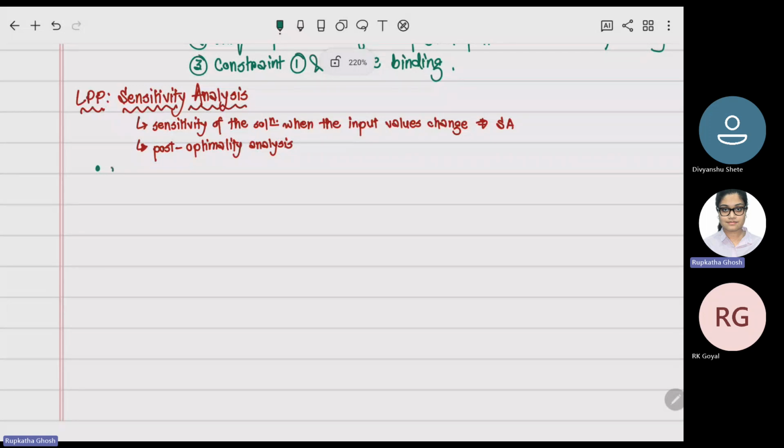First one is when the objective function coefficient changes. That is, when the coefficient is of variables not in the optimal solution. So that means the coefficient of the non-basic variables as well as the coefficient of variables which are in the optimal solution, that is, basic variables. First thing. Second thing,